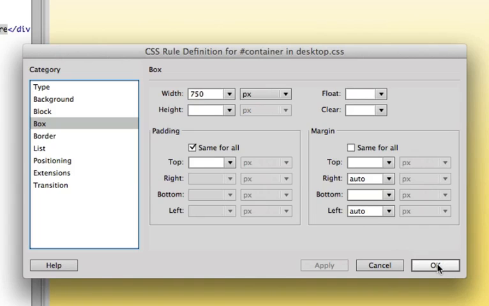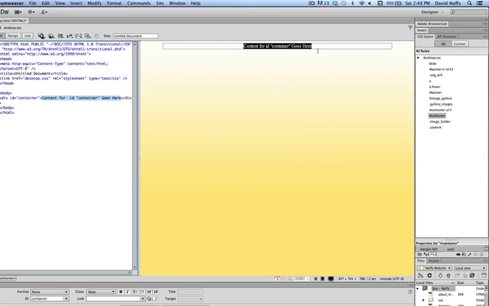Very good. Now what we're going to do is add a series of divs in here and just show you how to insert divs inside a container and have them positioned where we want them as we go. So the first thing I'm going to do is